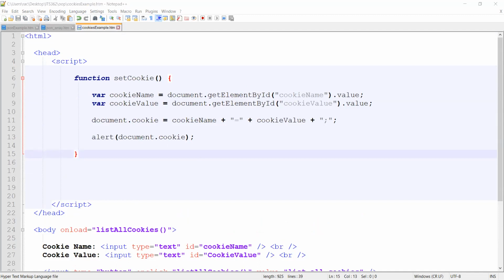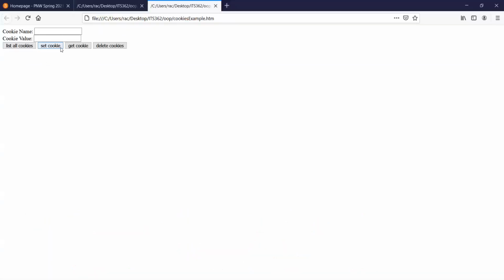Now I'm going to refresh my page. I'm going to share that. All right, so let's say, some key 1122, and the value would be 42. All right, so if I do set cookie,